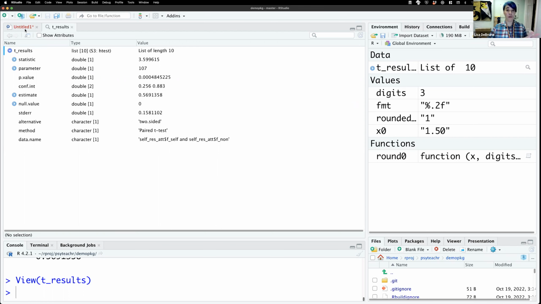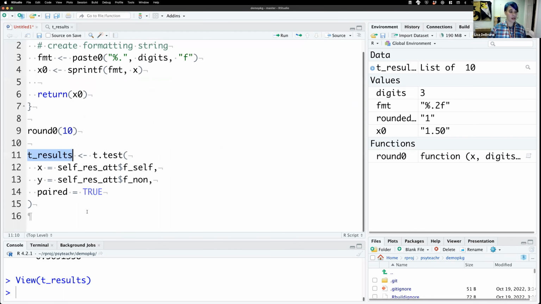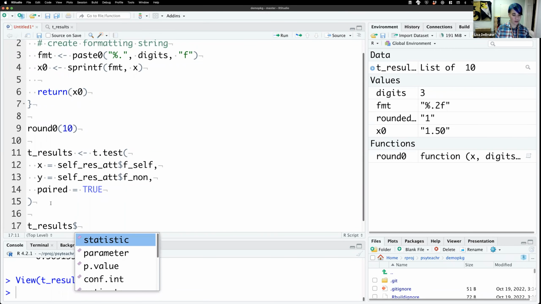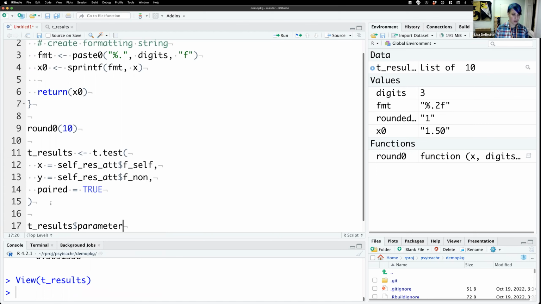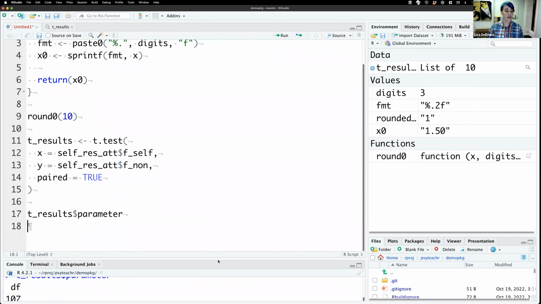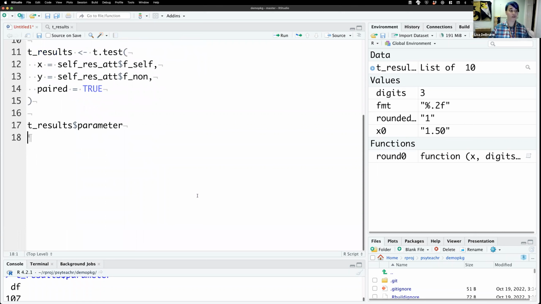So we've got all of this information in a list, and we can pull those values out, like t_results. If we want the degrees of freedom, we use the dollar sign, parameter. And there we can print out the degrees of freedom. So we can insert all of those into a sort of template result section structure. So copy this from the book chapter. We'll set up our template as